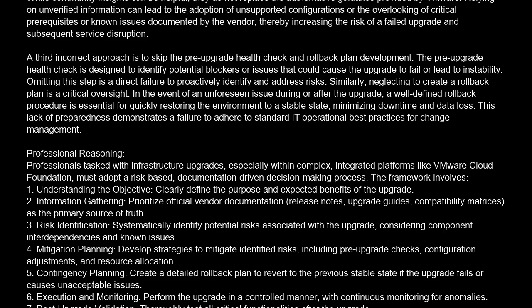5. Contingency planning. Create a detailed rollback plan to revert to the previous stable state if the upgrade fails or causes unacceptable issues. 6. Execution and monitoring. Perform the upgrade in a controlled manner, with continuous monitoring for anomalies. 7. Post-upgrade validation. Thoroughly test all critical functionalities after the upgrade. This structured approach ensures that decisions are informed, risks are managed, and the integrity and availability of the VCF environment